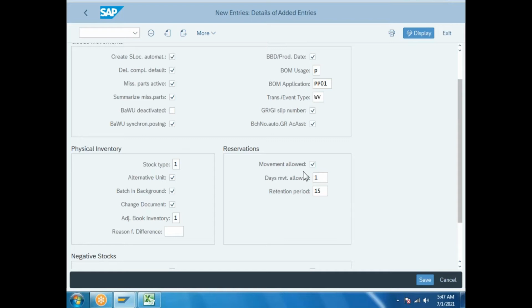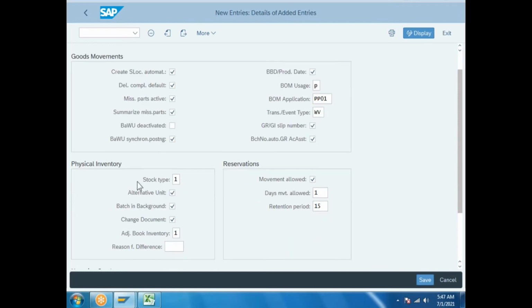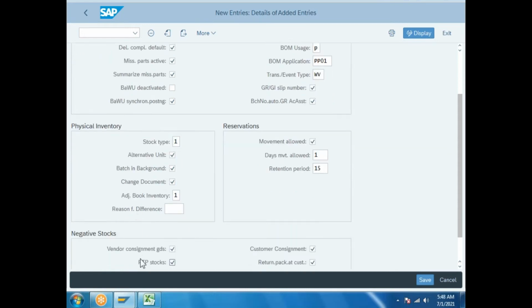Final understanding: what are the ultimate parameters of the plant? How many types? 4. Inventory management. First one, goods movement. Goods movement is from one place to another place, either one plant to another plant, or one storage location to another storage location. That is called goods movement. Physical inventory: in the warehouse, how much physical stock, maybe raw how much, self-made how much inventory do we have. Then negative stock: we have excess stock, any excess stock.